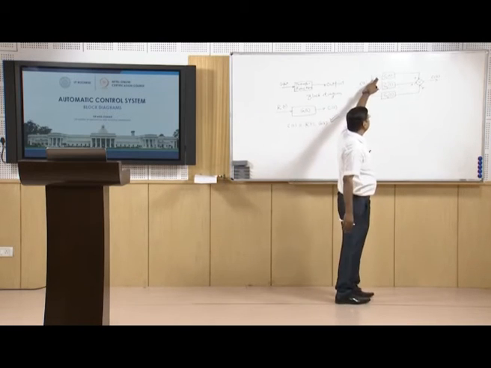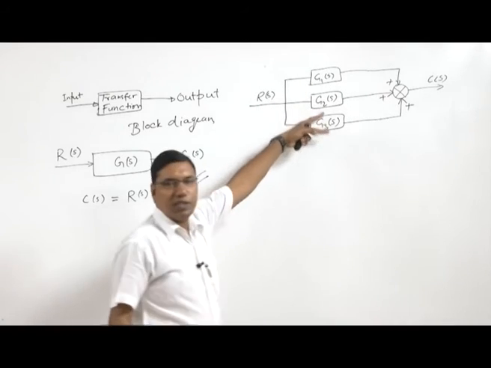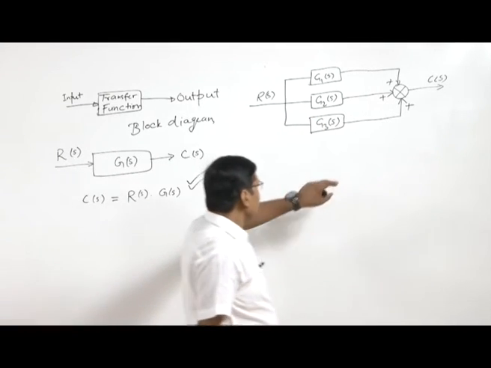Suppose we have this R(s) and there are 3 blocks in parallel, and the blocks are going to